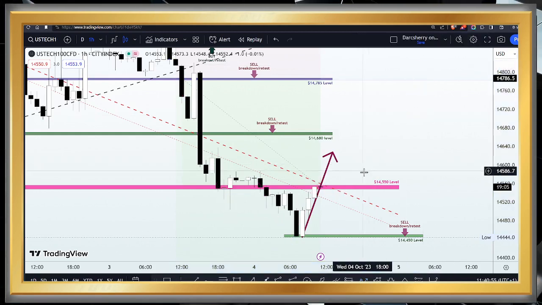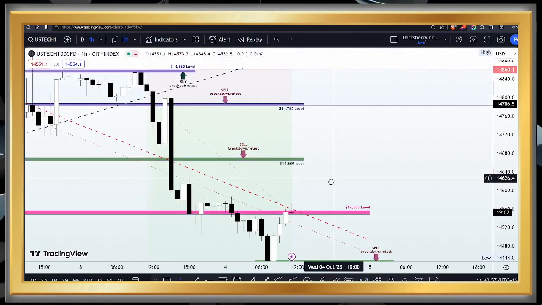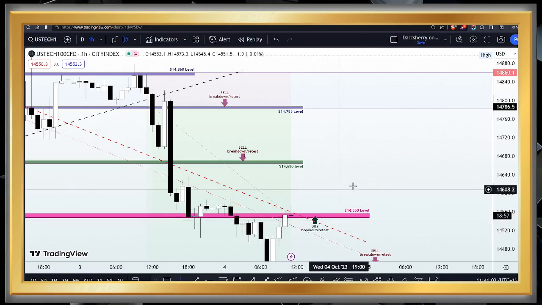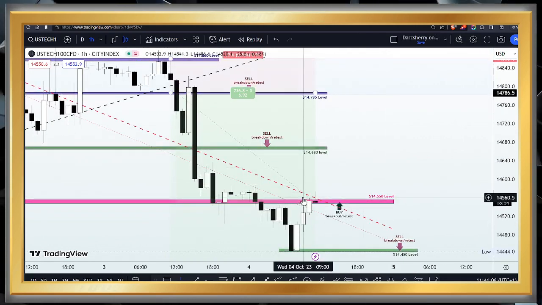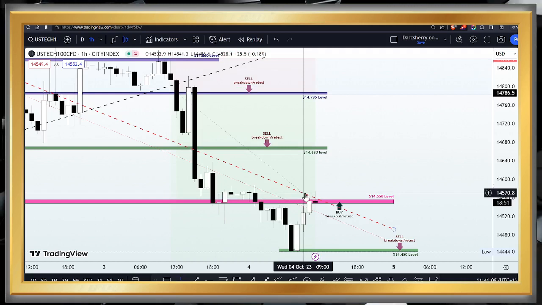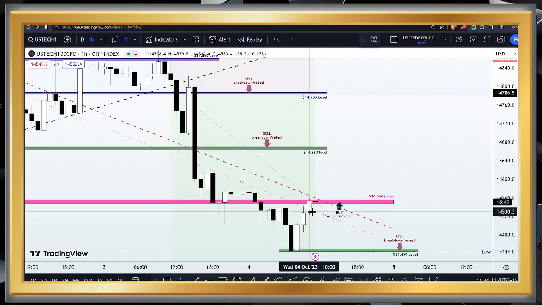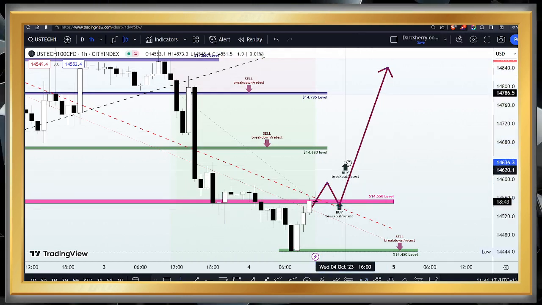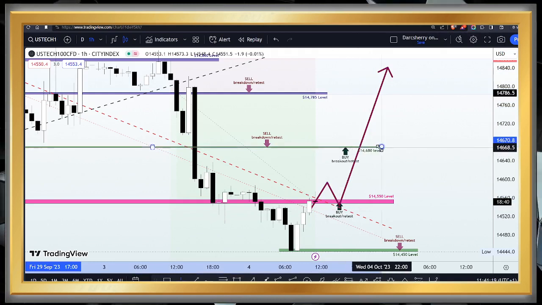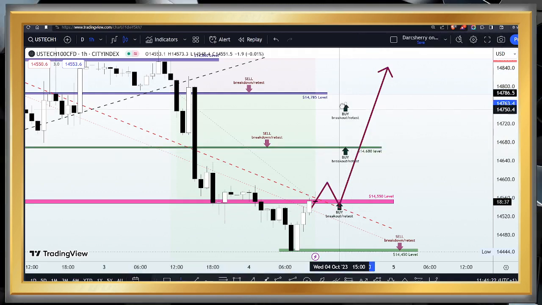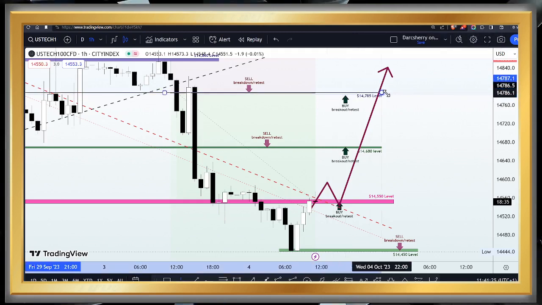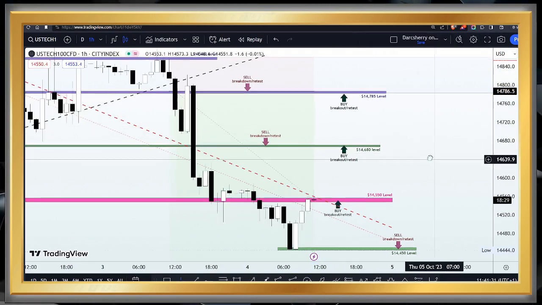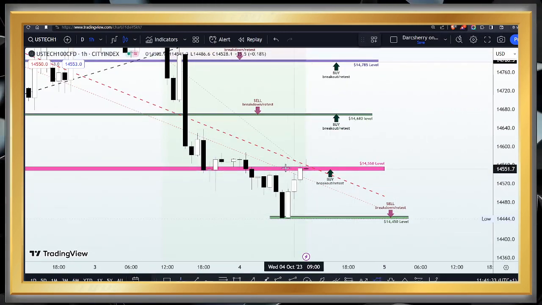But most importantly, what we want to be doing here is if price breaks out of both the 14,550 and the descending trend line, then this will be a sign that the trend line may no longer have the capacity to continue to negate the bullish attempt. Hence, we will look out for buying opportunities above the structure. And if price continues to climb and find new highs, a further breakout of the 14,680 and the 14,785 will welcome more buying opportunities. So let's mark these levels out on our chart,